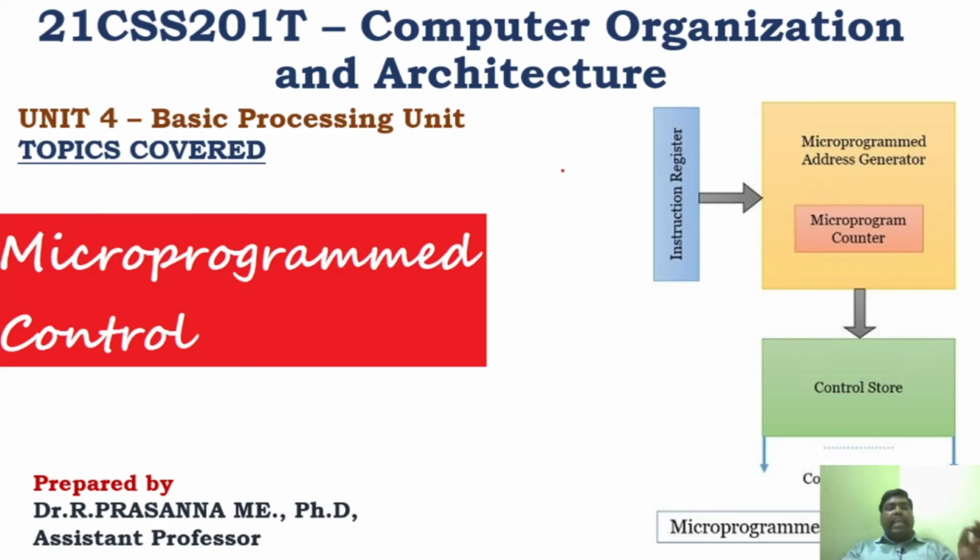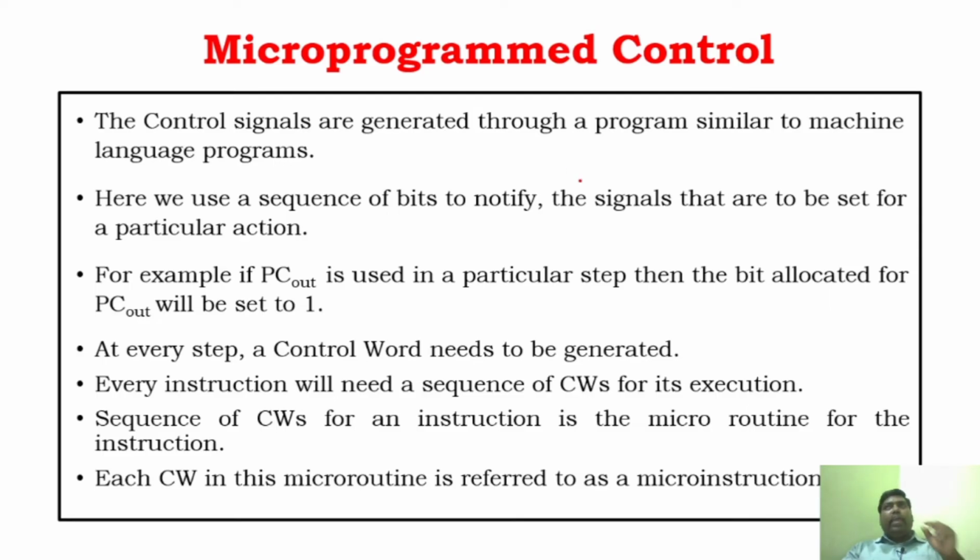Before starting with microprogrammed control, we have seen what is hardwired control. Hardwired control is based upon different inputs: the inputs from the instruction register, the external inputs, the conditional codes, and the step counter. Based upon all these inputs, it generates the control signals. And you know what control signals are: all the signals that are used in the instructions, like PCin, Zin, all those things. So the control signal is generated, and based upon the control signal, the execution will take place.